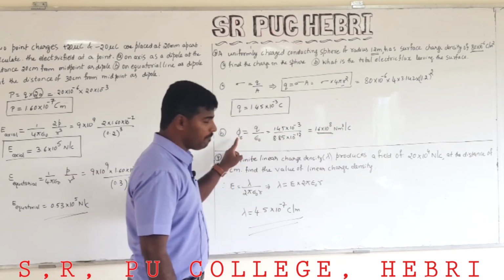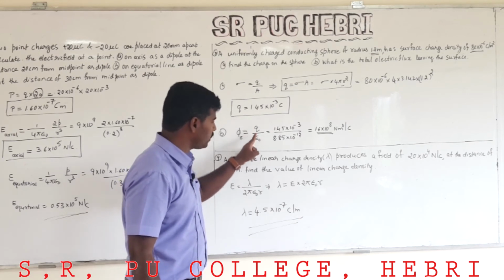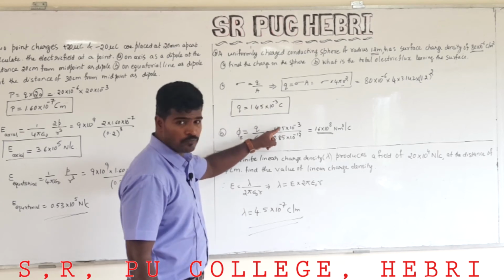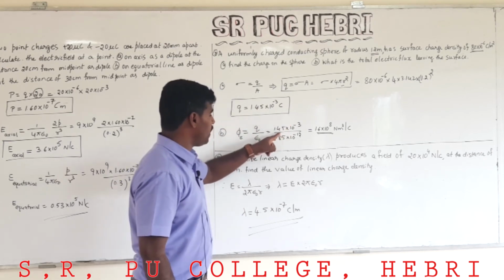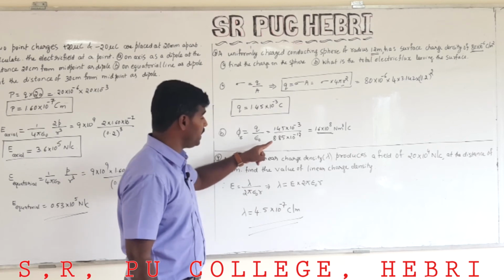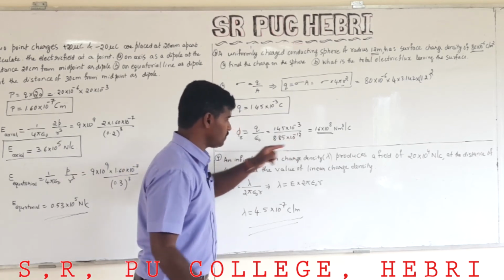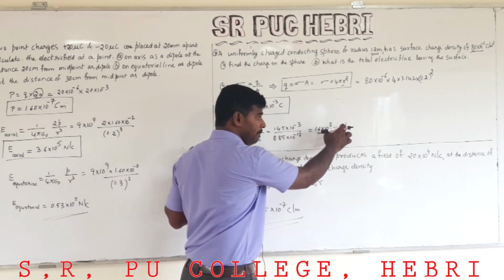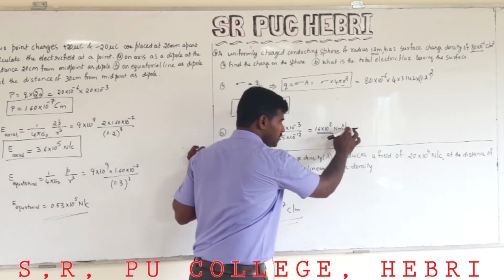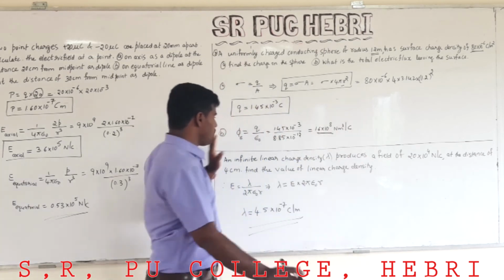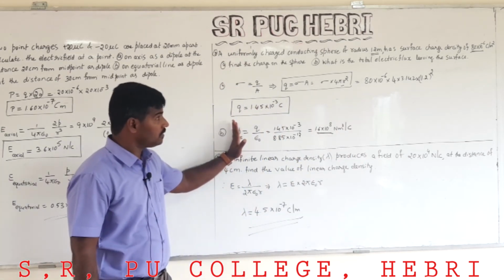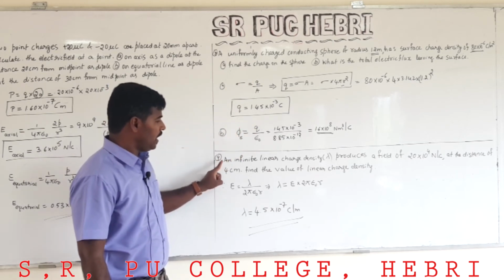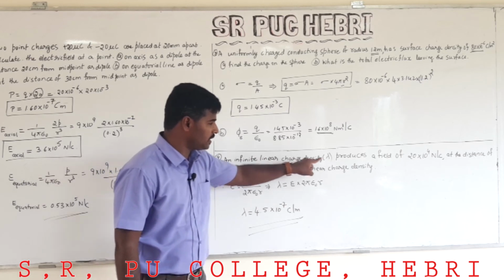square per coulomb. I repeat, electric flux phi is equal to 1 by epsilon naught times Q. The value of Q we just calculated will be 1.45 into 10 raised to the power minus 3 divided by the value of epsilon naught, 8.85 into 10 raised to the power minus 12, that is equal to 1.6 into 10 raised to the power 8 Newton meter square per coulomb, where C stands for coulomb. This is the value of flux. Is it clear? The next question, the ninth one: an infinite linear charge density, that is lambda,